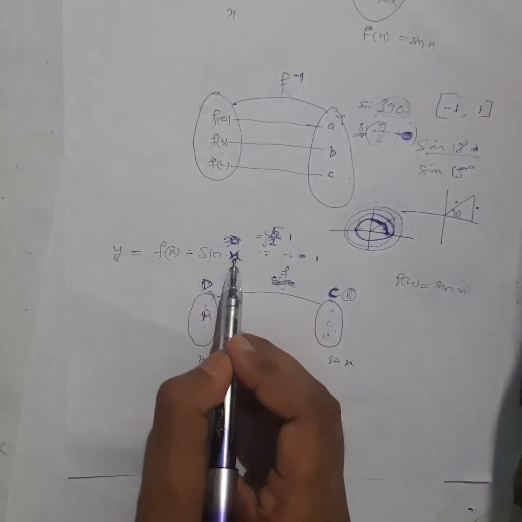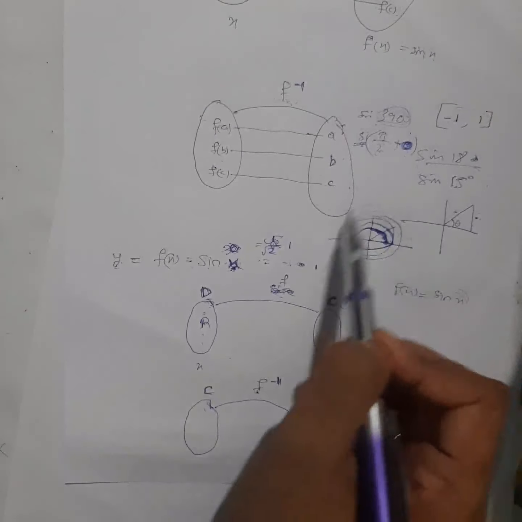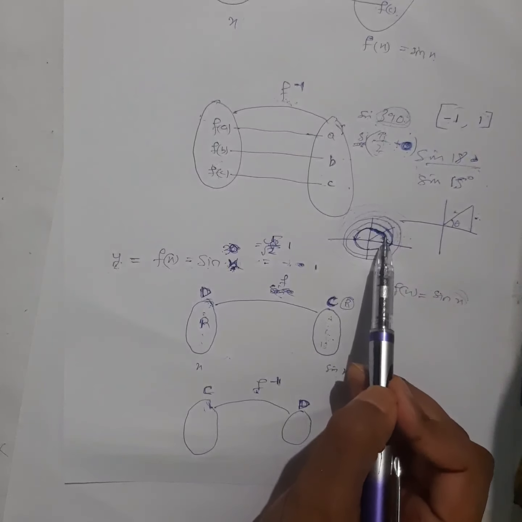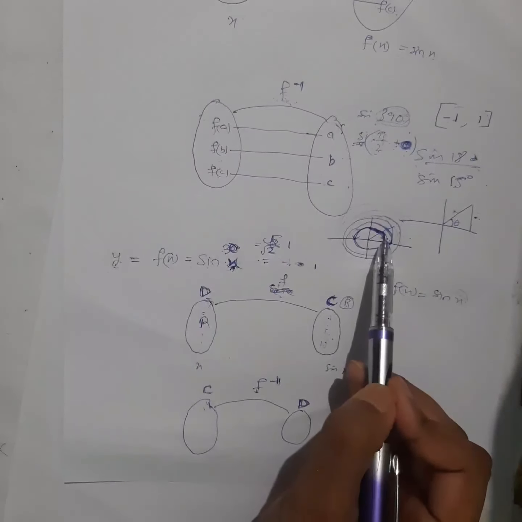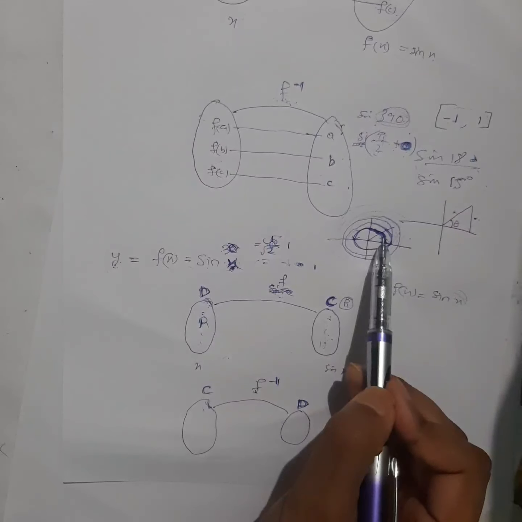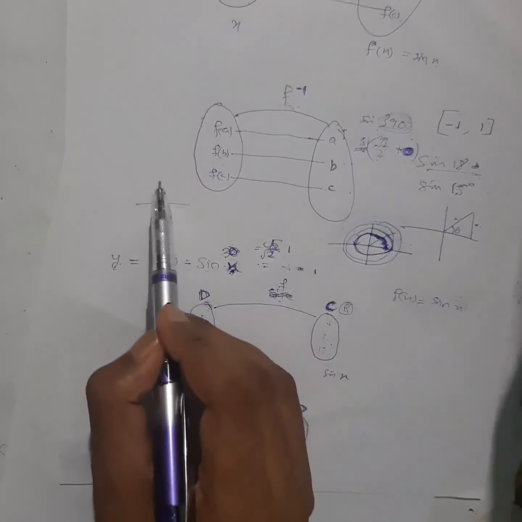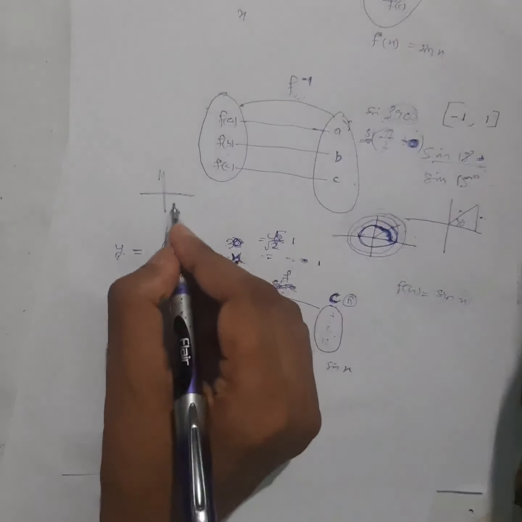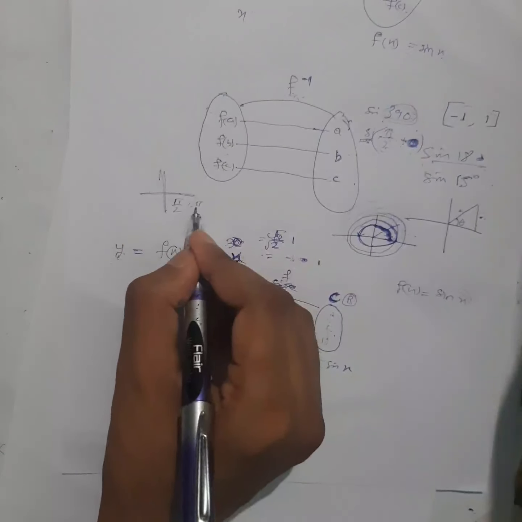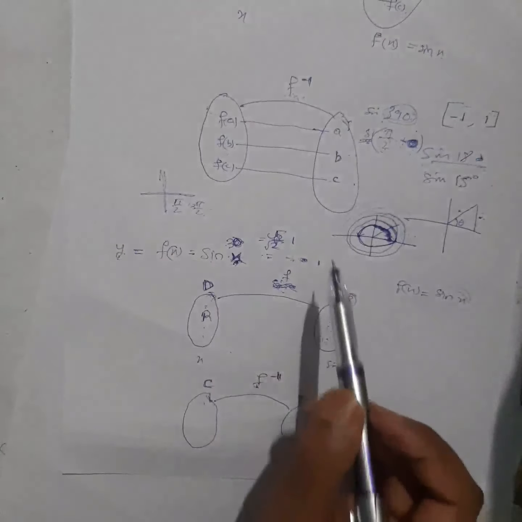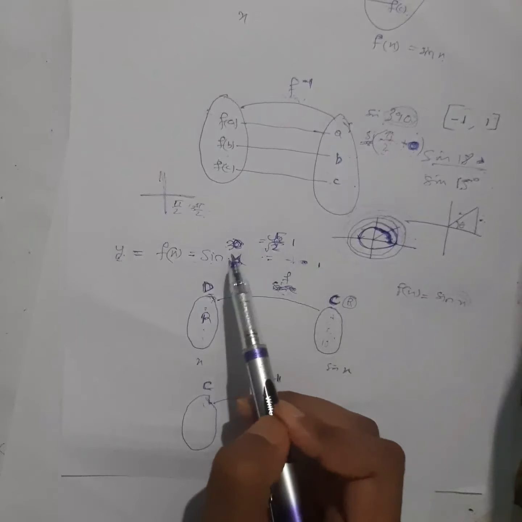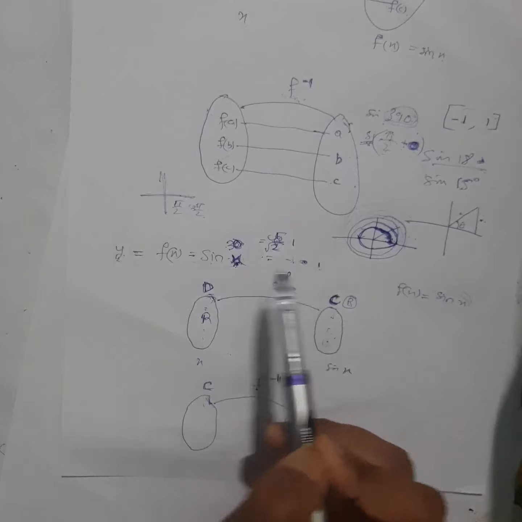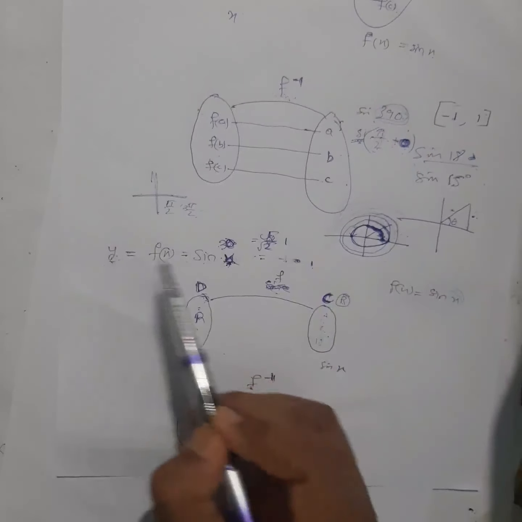Okay, so whatever x value you take, any real number, anything you take. Why I'm saying real number, you have understood, I guess. Instead of talking about 30 degrees, I can talk in terms of radians. Remember, I have explained, in a graph we don't plot degrees. What do we plot? Radians. Pi by 2, pi by 3, like that we used to put, remember. That's why I'm saying this is a real value. I can take any real value here for which I will get a defined y.